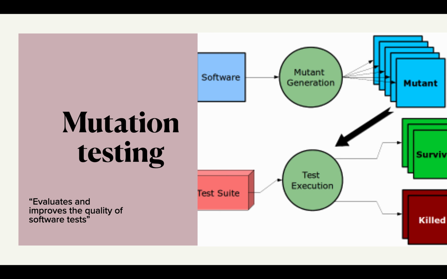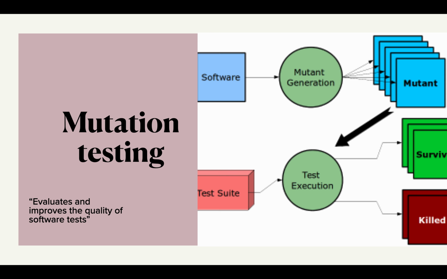What is mutation testing? Mutation testing, although we have learned it in the lectures, I will give you a brief description. Mutation testing is nothing but a fault-based software testing technique which serves as a way to evaluate and improve quality of software tests. A tool for mutation testing creates many slightly modified versions of original program and then runs a test suite against each version, which is called a mutant. A mutant is said to be killed if the test suite detects a change to the program introduced by this mutant. That is, at least one of the tests starts to fail, or it survived otherwise.